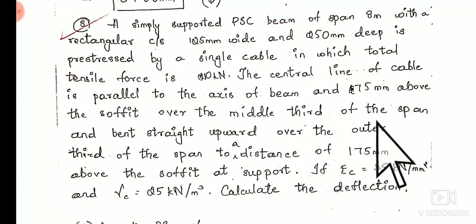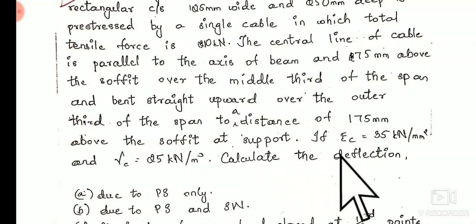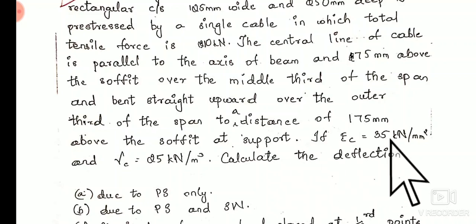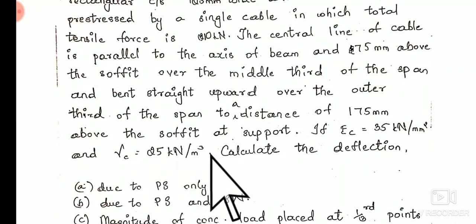over the middle third of the span and bent straight upward over the outer third portion to a distance of 175 mm above the soffit at the support. If Young's modulus of concrete is 35 kN per millimeter square, density of concrete is 25 kN per meter cube,